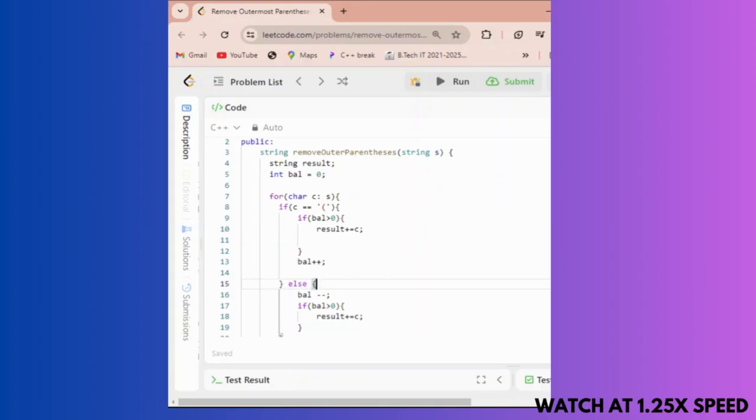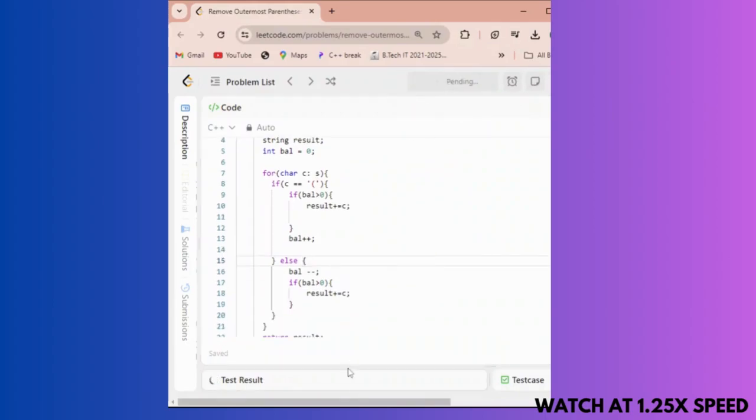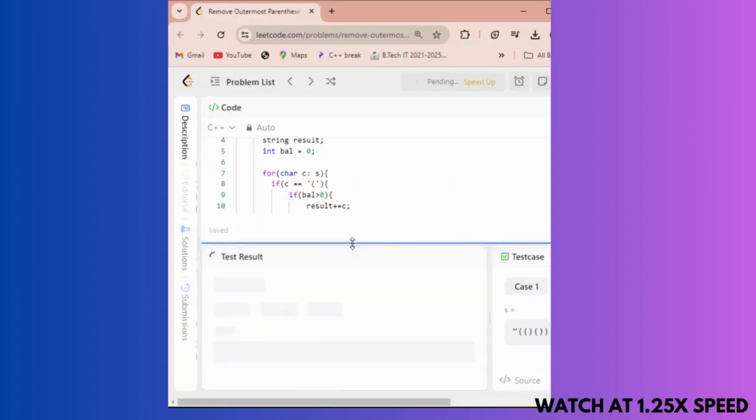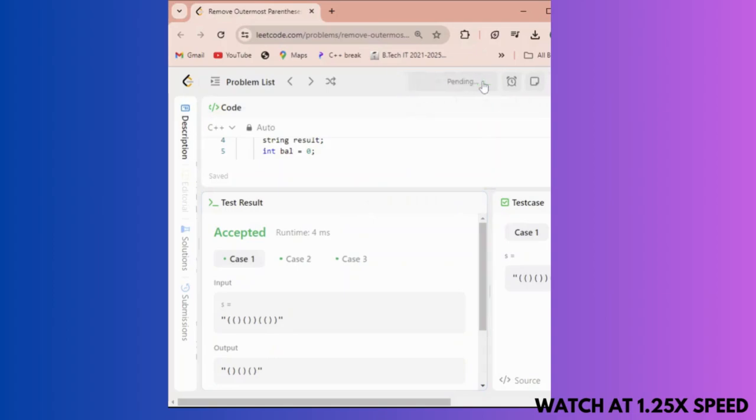Return the result, and after traversing, result will contain the string with the outermost parenthesis removed from each primitive part. So with the help of this you can get the right answer. We'll just check. Correct. And this is completed.